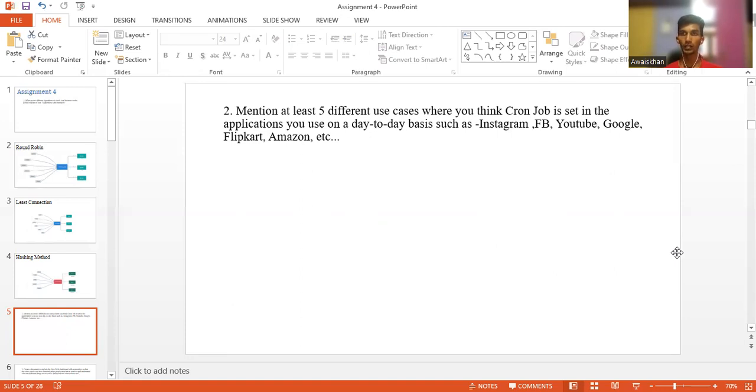Then in YouTube, it will show the trending list. For example, this is trending on YouTube: in only 10 days, it has crossed 100 million views. We get this through a cron job. First, I said Facebook, where we get a reminder. Then we get reminders in Snapchat. Then the third is Google, which displays Earth Day or something if there is an event. Then the fourth one is YouTube. Then the fifth one I could say is